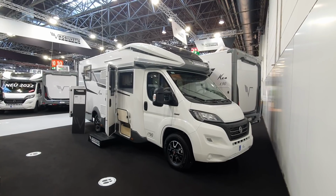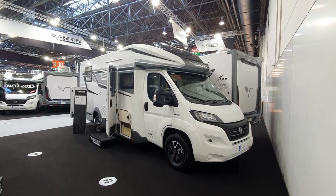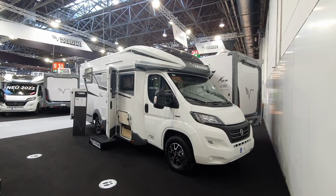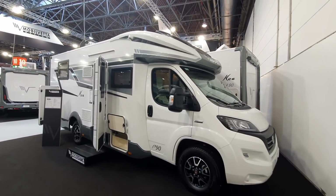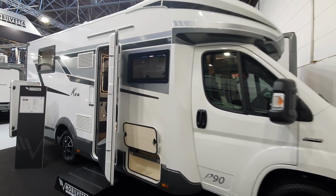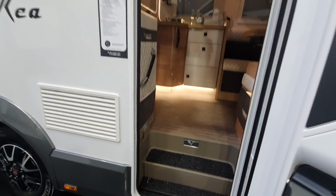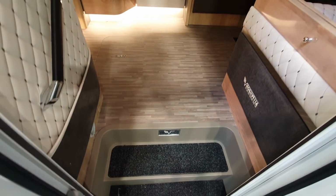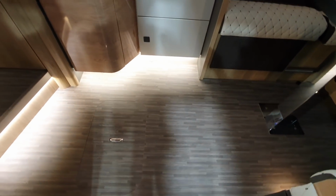This is the 2022 version of the Mobilvetta Design P90, 747 centimeter long motorhome. It costs in this form around 72,000 euros, and as it's a Mobilvetta design, it's got quite an unusual design. You might like it, you might not. It's got a double floor,